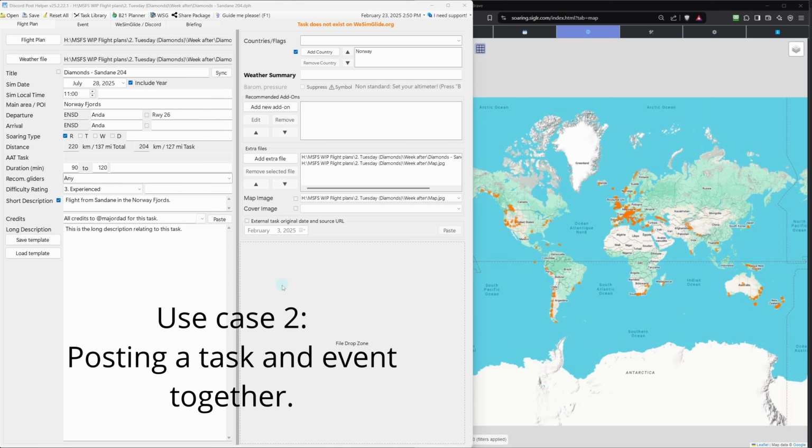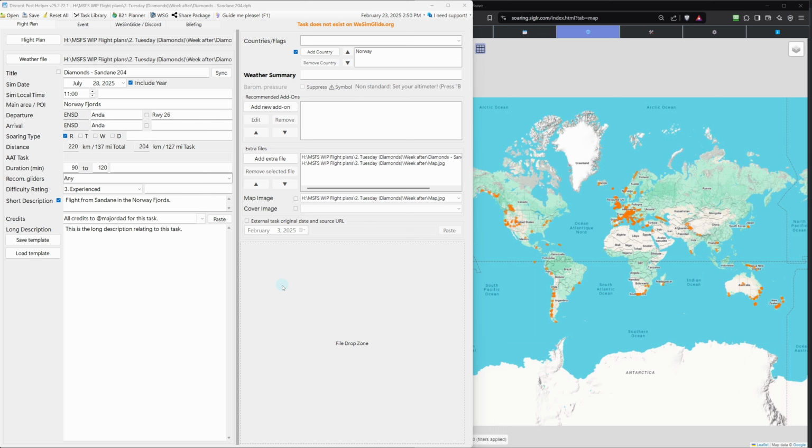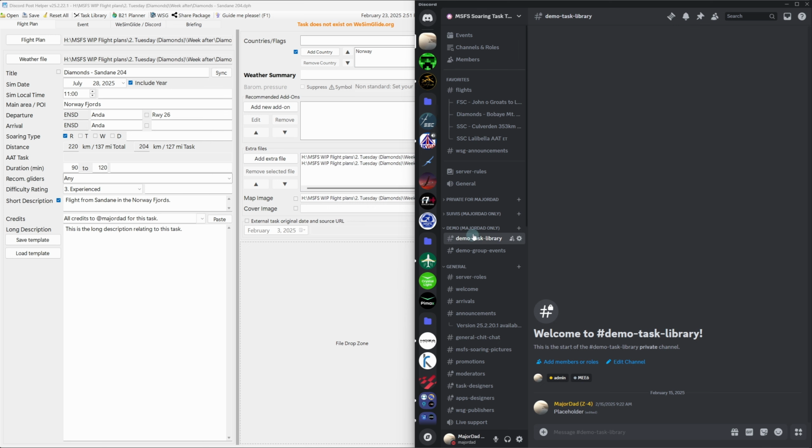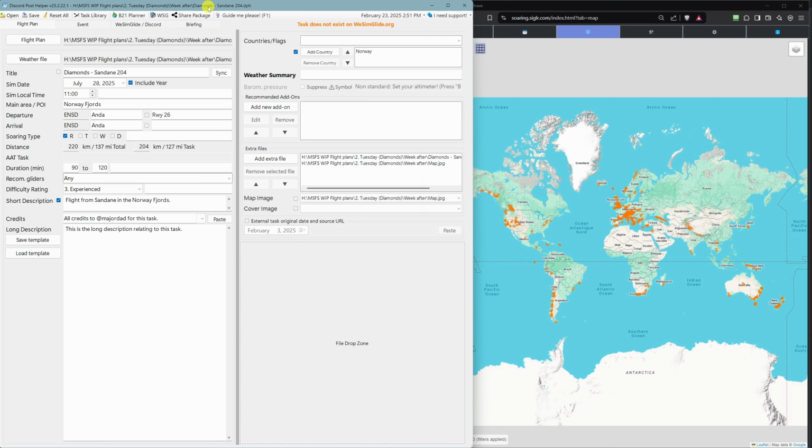All right, so I've reset the task. I've deleted it from the test vSimGlide, my soaring IGLI server. I also deleted the messages in my task library test channels on Discord. We're starting from scratch, but we're starting with use case number 2 now, to post the event and the